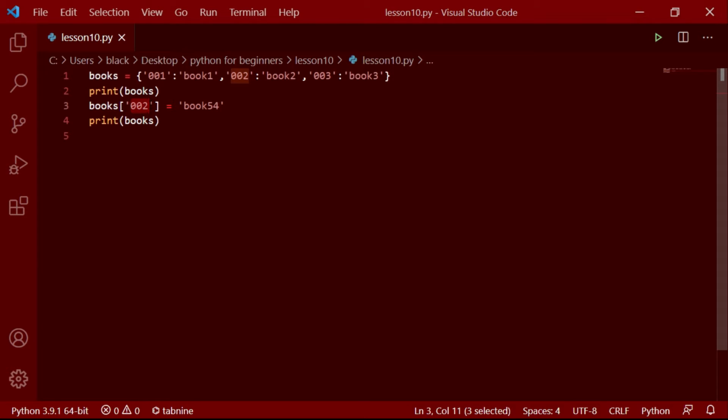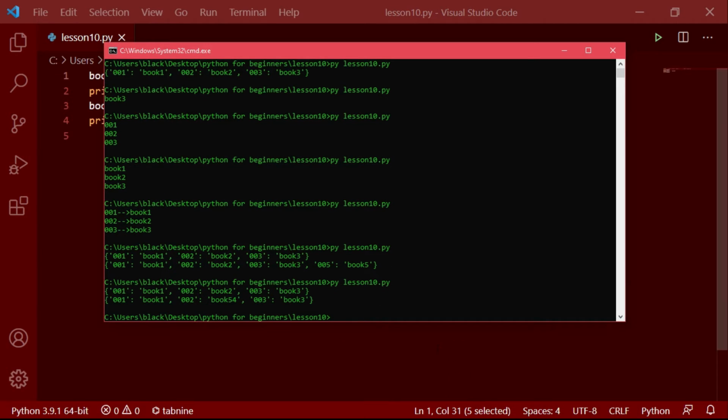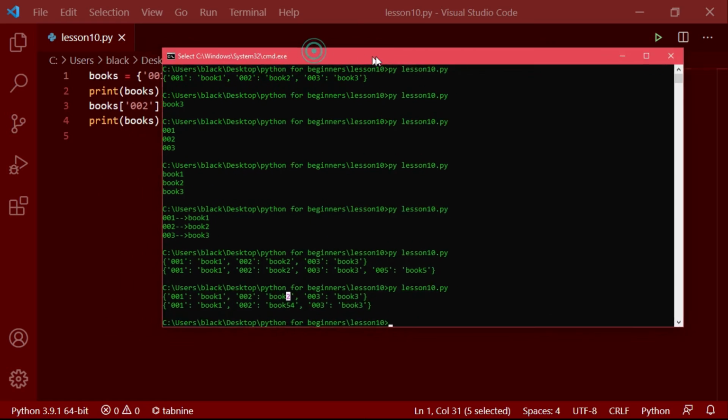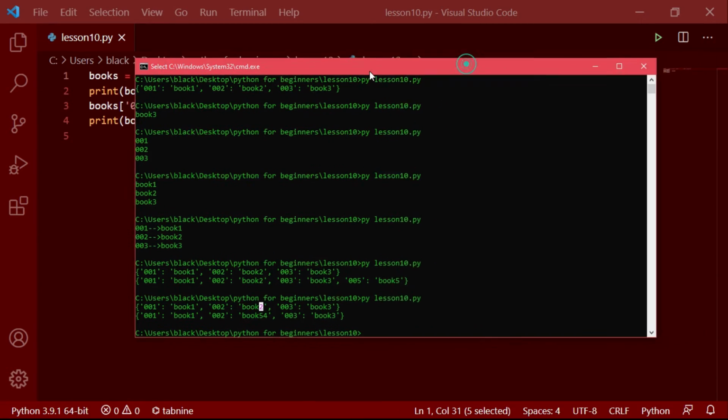So what it does instead is update this key's value to book 54. Let's see. Here 002 is book 2, which hasn't been updated yet, and after we add this line, it is updating the 002 key's value to book 54.